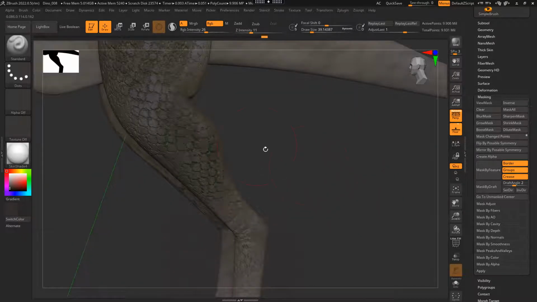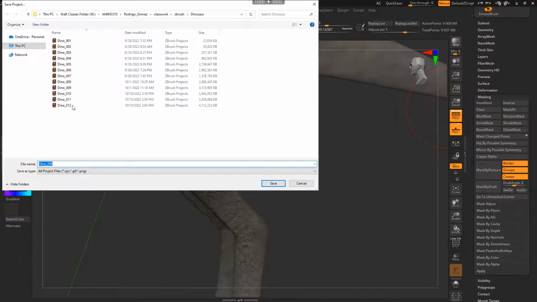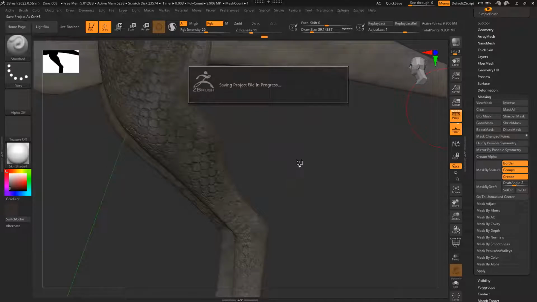Now, I want to do the body, and to do the body, let me use increment as my file here, in case I want my computer to crash. So I'm going to say version 8A, just like that. And then